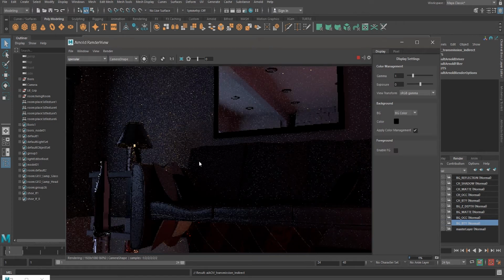Then there is specular. Specular and reflections are coming in it. In Arnold there will be only one pass. In some other software like Redshift, V-Ray, you can find specular in a different pass and reflection in a different pass. But in Arnold all the specular and reflection come in the same pass. So these are the speculars created by all those lights and also the indirect lights.